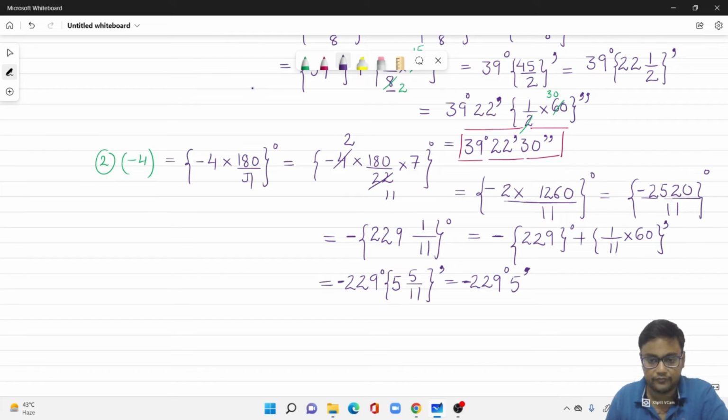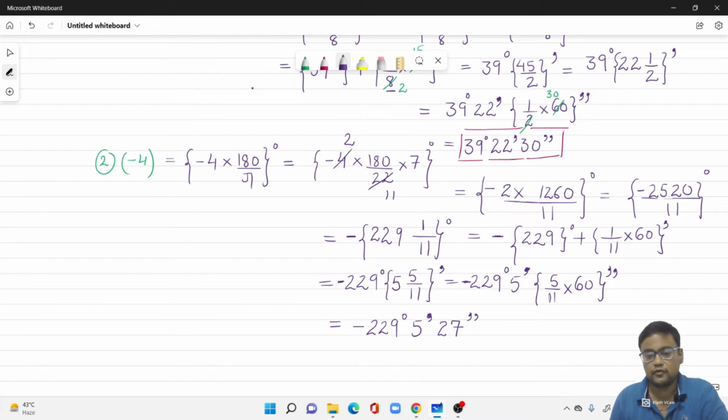And again 5 by 11 minutes, so these are fractions of minutes, so we have to convert this into seconds. So minus 229 degrees, 5 minutes, and this is 300 upon 11. 300 upon 11 translates to 11 2s are 22 and 80 remains. 11 7s are approximately 77, because we cannot go further down the line. After seconds we have nothing more, so we can write roughly or approximately,